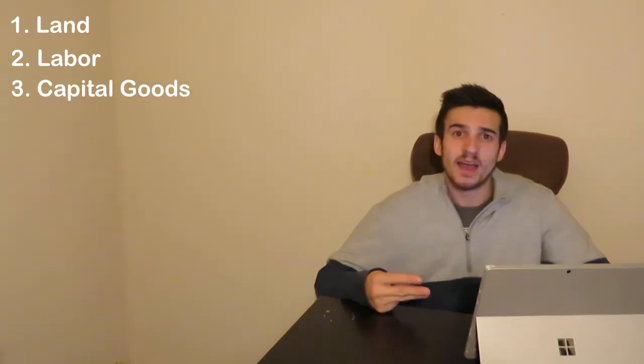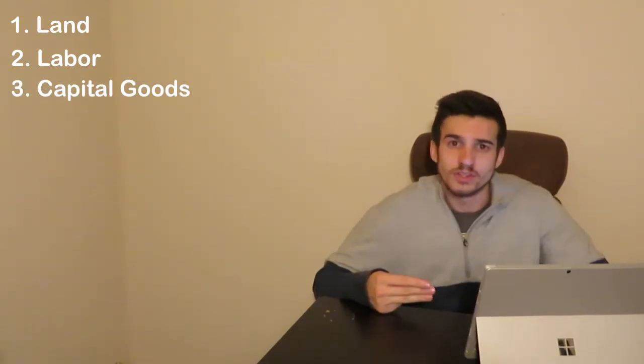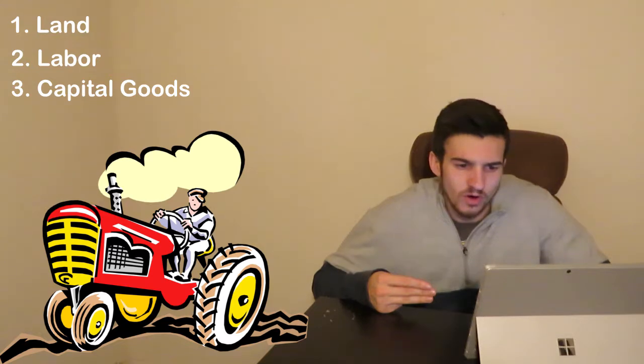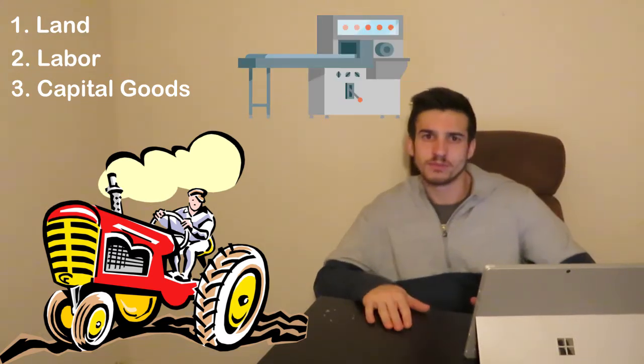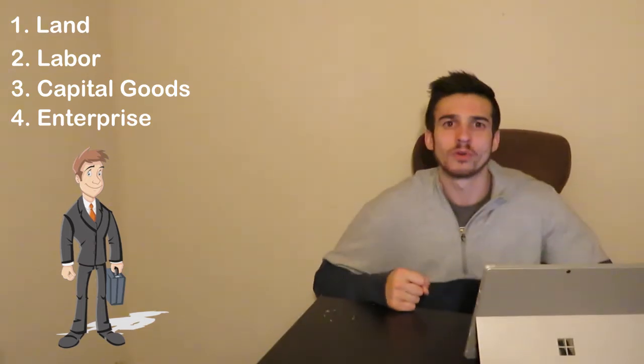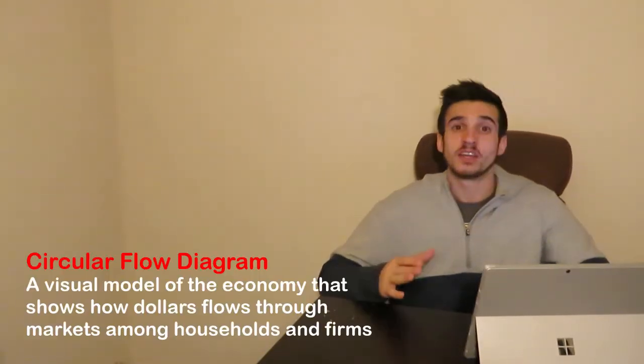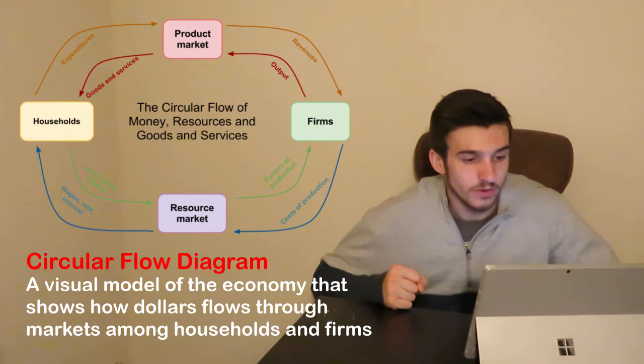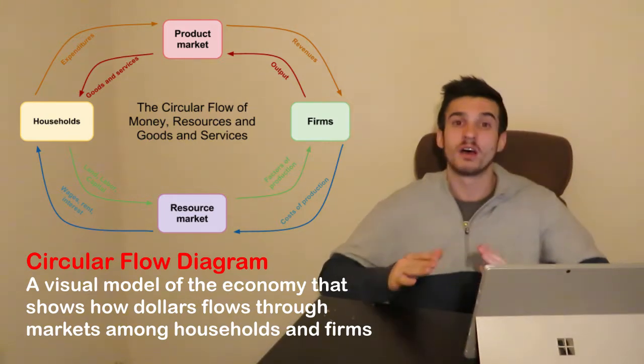Capital goods are going to be manufactured goods that are going to produce other goods. These are things like tractors for farms or machines that are going to be in factories. And last, we have entrepreneurs. These are people who take economic risk in order to inspire innovation. Each one of these factors can be found in the circular flow diagram, which maps out the functions of the